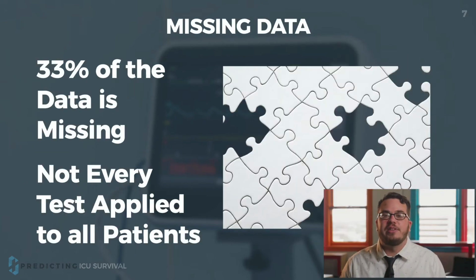When we first got our hands on our data, we were surprised to find that it was missing 33% of its values. In order to maintain the ability to use the patient data, even if some of it was missing, we needed to fill in these values with averages so we didn't lose too much of our data. However, during this process, we had to pay special attention to the imbalance in the data, since we didn't want to accidentally lose too much that was telling us about who was or wasn't surviving.